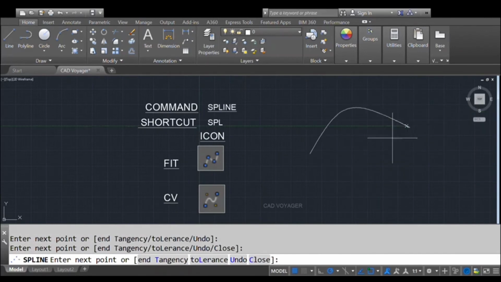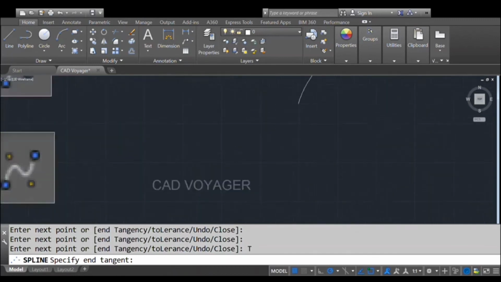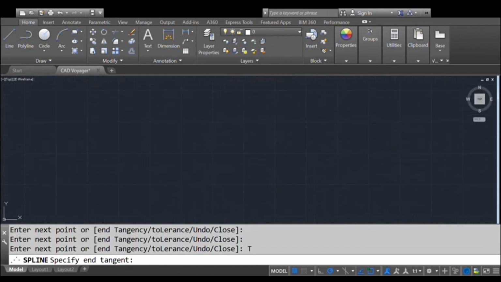If the tolerance increases, the smoothness of the curve also will increase, but we cannot get the exact image that we require. So these are all the drawbacks while changing the tolerance. Now you can specify as many points as you need. It also has another setting, tangency. For specifying end tangency, you can select end tangency, or you can also type T and press enter.